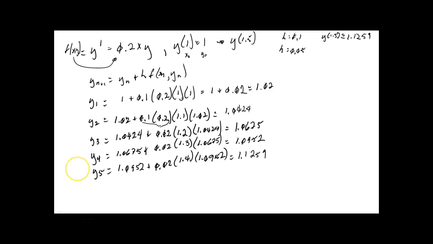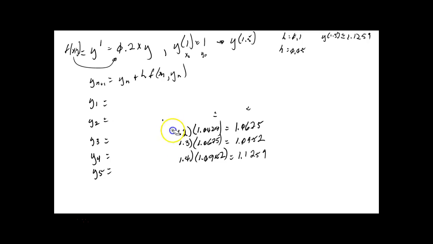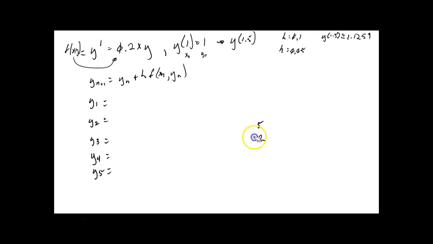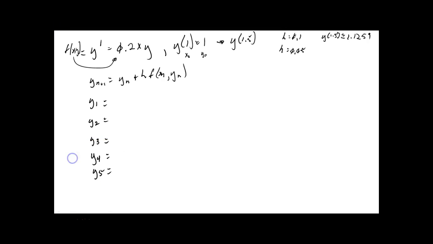All right, to erase most of this? I almost wish I could keep some of it there. Now the book and the table in the book, they do your errors as they go. I'll point that out later, but I'm just going to do error at the end. We're not going to do all these, I promise, but we'll do a few of them and see how close we get. So now our y1, when we're using h of 0.05, just to get the changes,